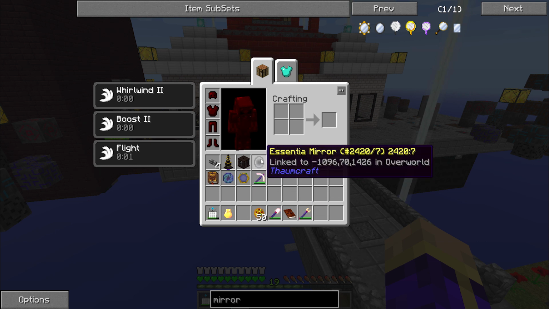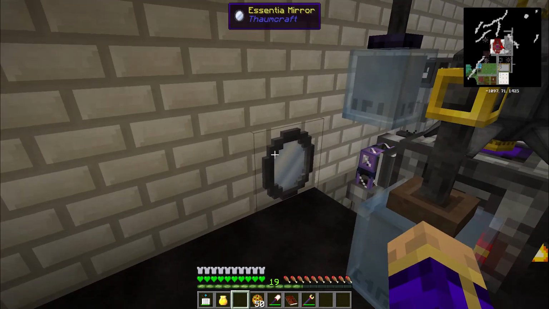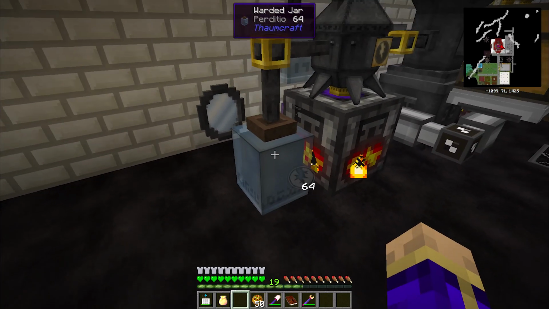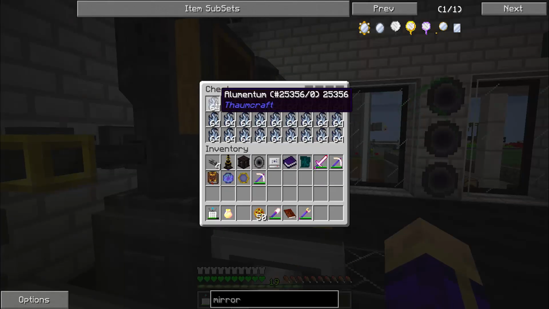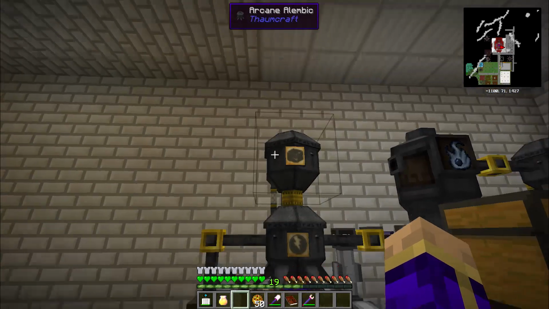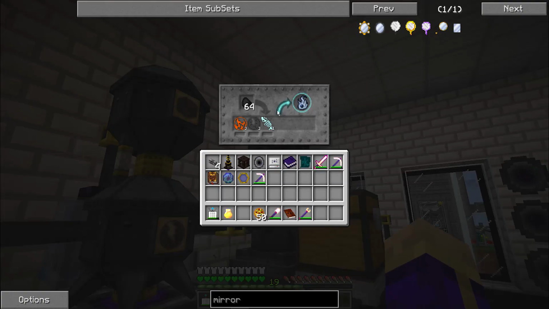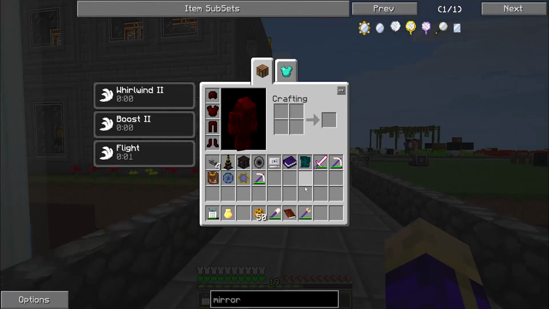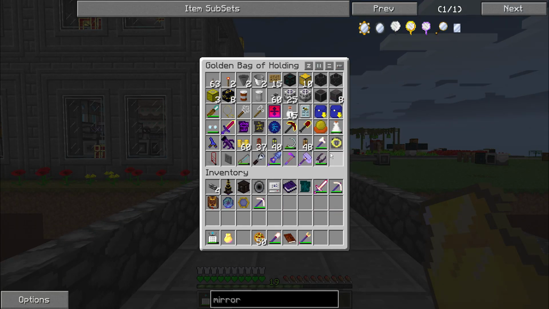And I have an Essentia mirror linked to this guy with a 64 bottle of Perditio here, because Perditio will speed up the Arcane Bore. And heck, I'm using the stuff to make Elementum anyway, so I'm going to have extra just kind of lying around. Awesome. Alright, so let's head to the nether at our quarry spot and get this guy set up, and then I'm going to improve the setup, because...